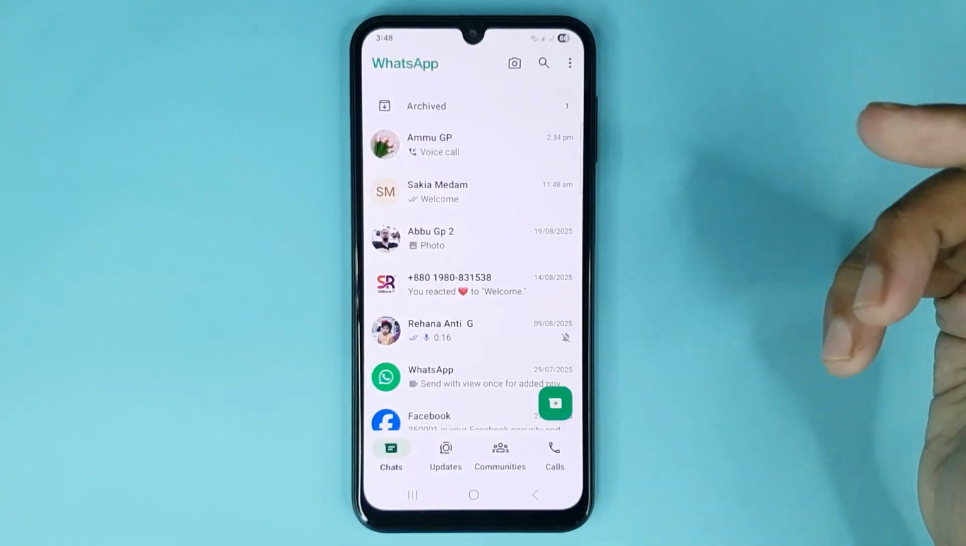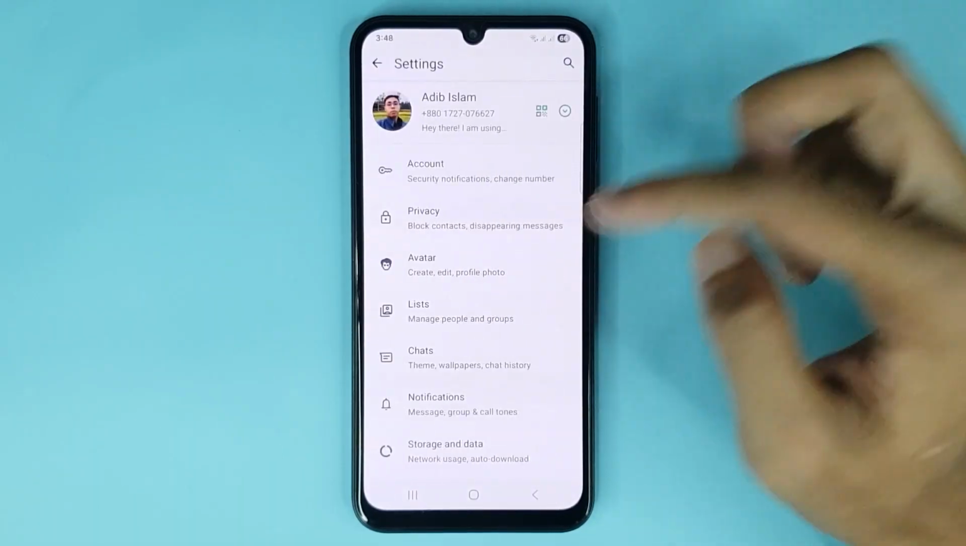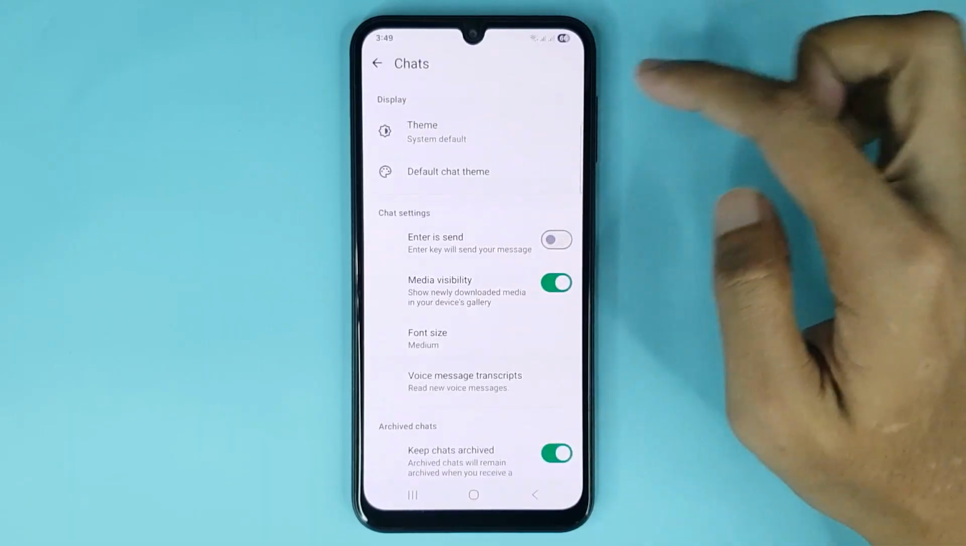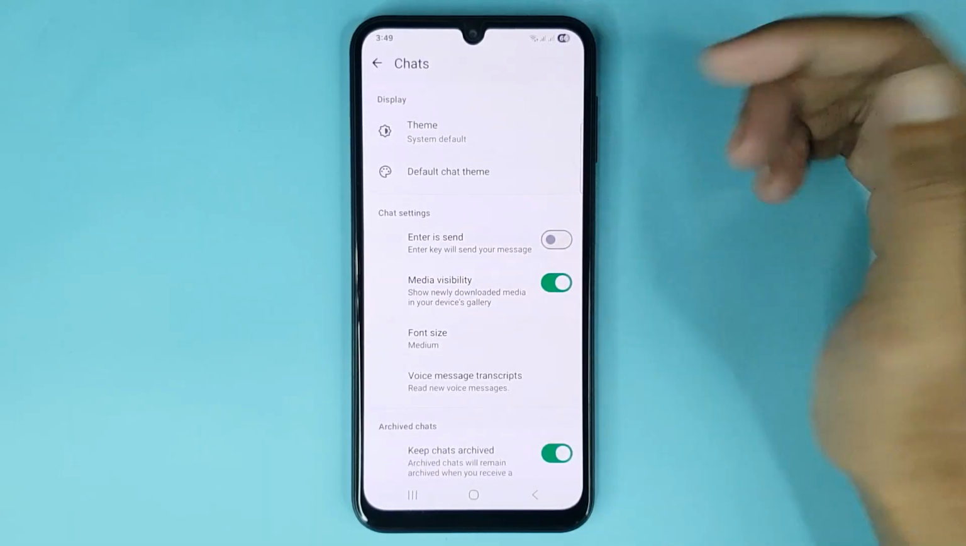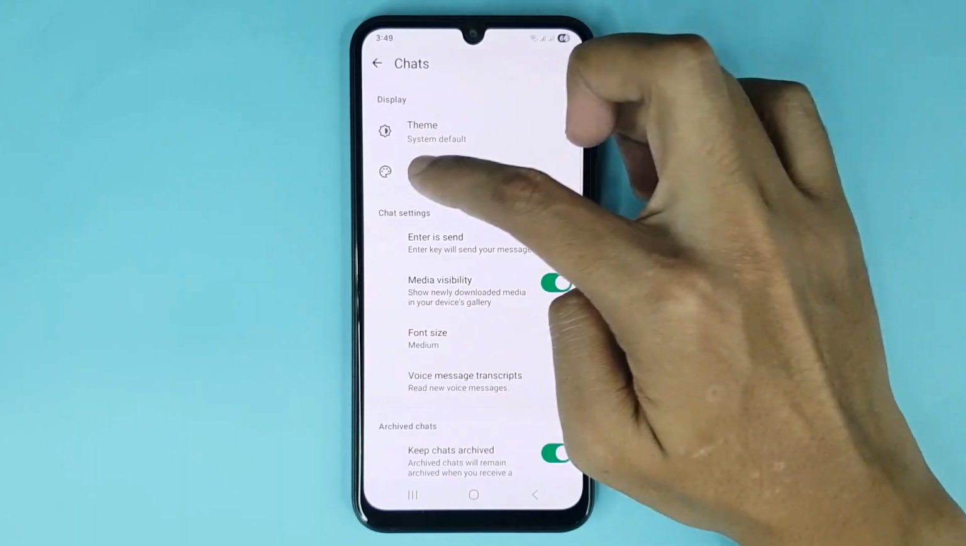Now after opening WhatsApp, just tap on three dots, then go to settings option. From here scroll down a bit and open up chats option. Here at the top you can find theme option. Now from here at the top under the theme option you can find default chat theme, then just tap here